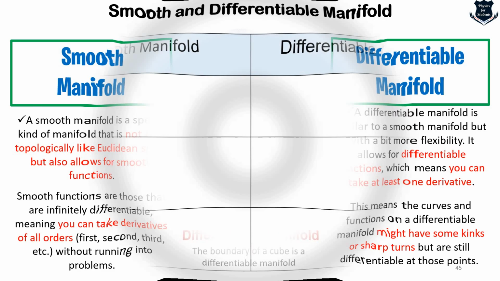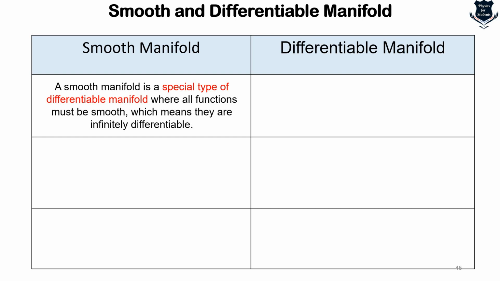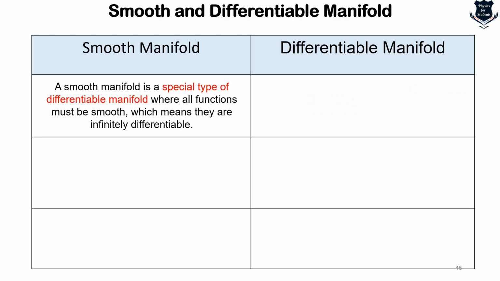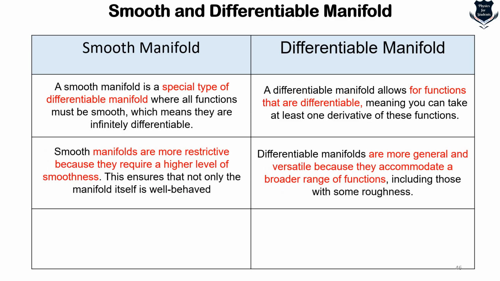Here is a comparative understanding between smooth and differential manifolds. A smooth manifold is a special type of differential manifold where it must be smooth. That means you can infinitely differentiate, and so on. But a differential manifold only allows for functions that are differentiable. Smooth manifolds are more restrictive because they have a higher level of smoothness. Differential manifolds are more generic because they can accommodate both smooth functions and those which have kinks and sharp